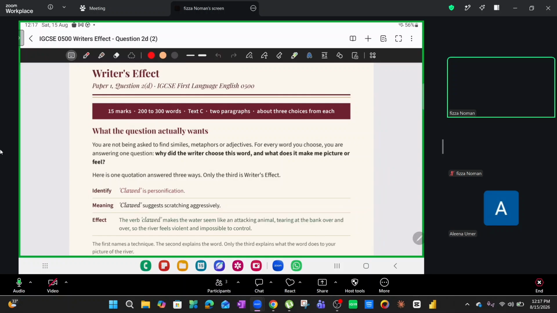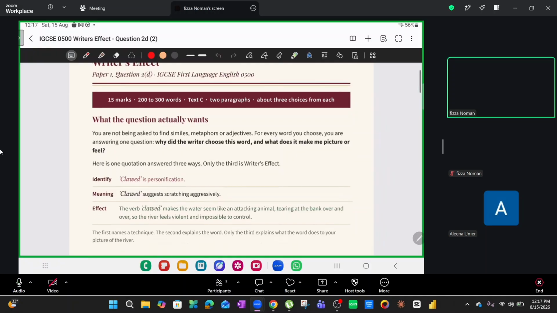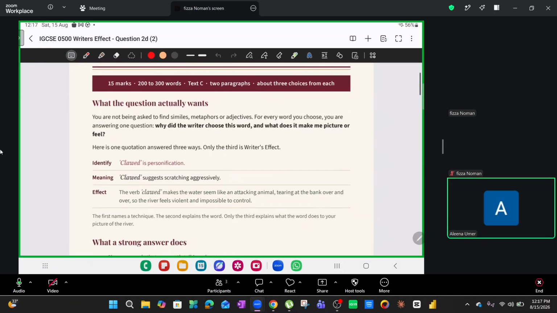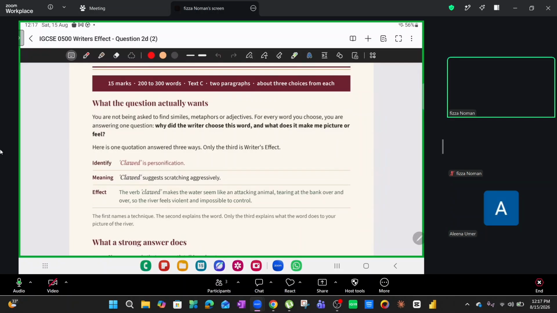There's 2 paragraphs that they would tell you to focus on from that text C. For example, they could tell you focus on paragraph 1 and paragraph 5, focus on paragraph 2 and paragraph 8. And from that paragraph, define this, so on and so forth. Do you understand what I'm saying, beta? Yes. Right. And then from each of those paragraphs, they would ask you to fixate upon 3 choices. 3 different words or phrases and how they created meaning. Good to go, Alina?